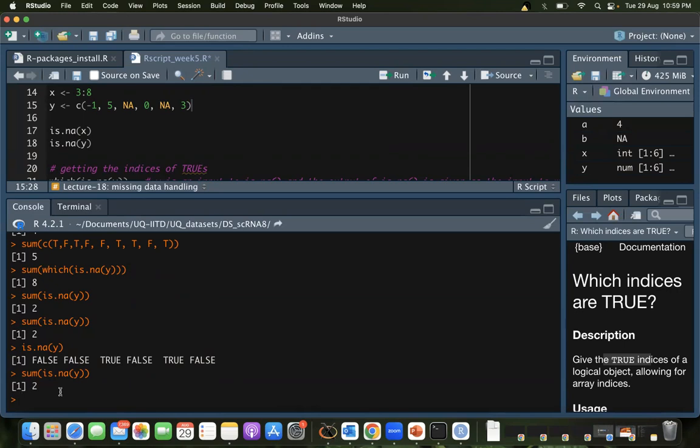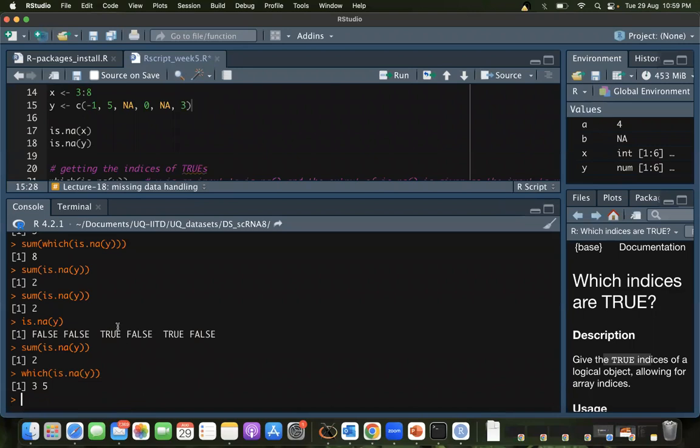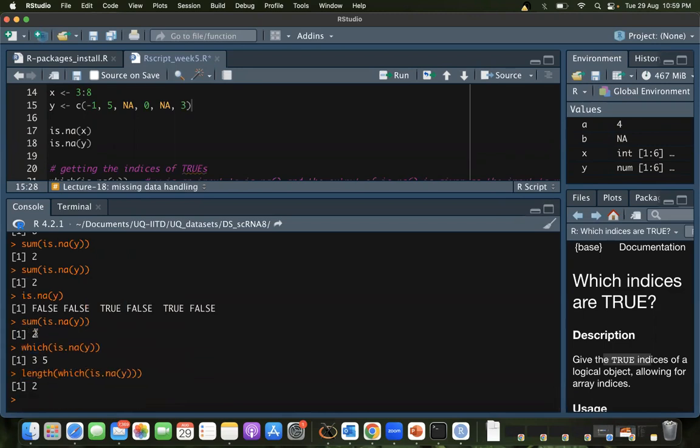Now, we also saw one more thing, which is is.na of Y, right? What is this going to give me? It's going to give me the count. R, instead of count, takes length. So the length of this thing is also 2, right?